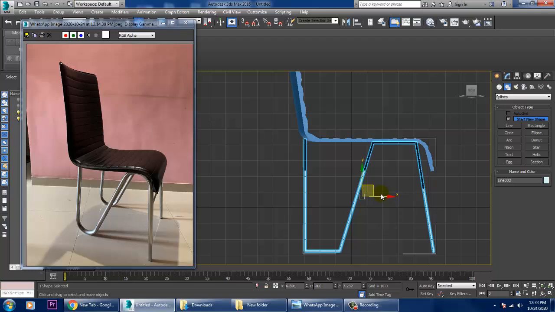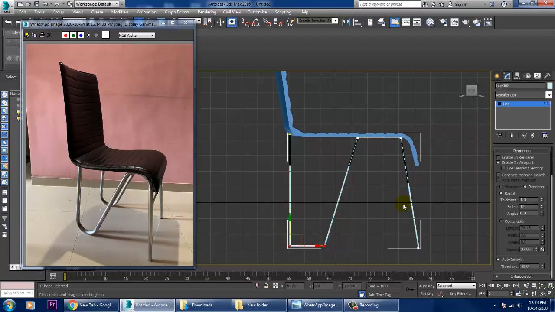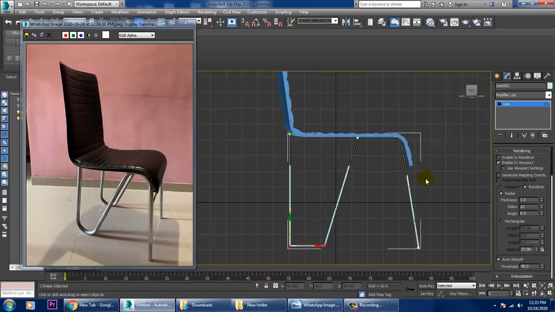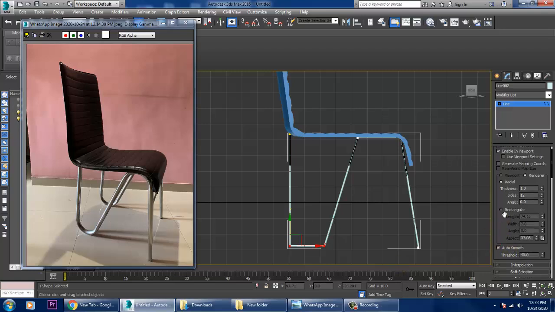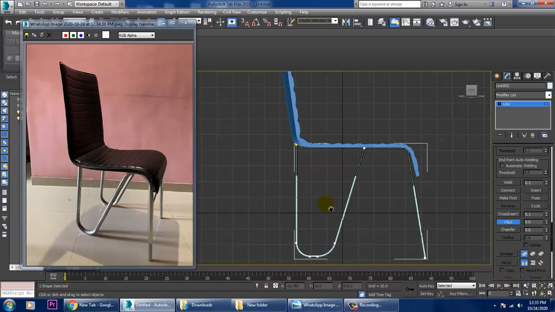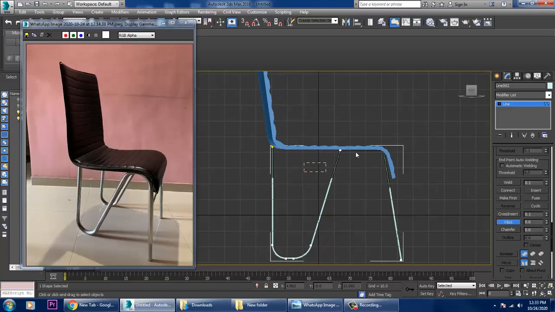So once you're done with this, now I'll select these vertices. If you want, you can slightly scale that. So select the vertices over here, and let's give a bit of fillet to it. Once you give a fillet to it, it's going to move smoothly in that way. Select this, and let's again give a bit of fillet to it. So you can also give a fillet over here, much better.